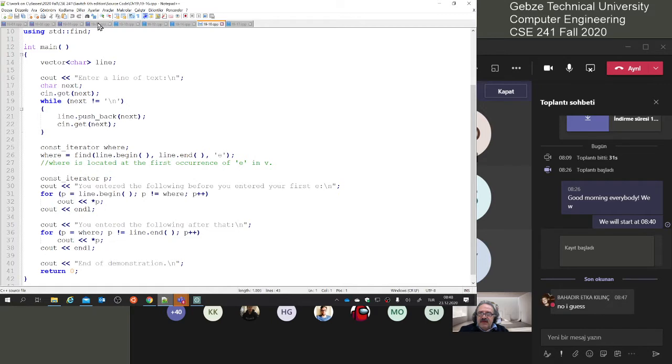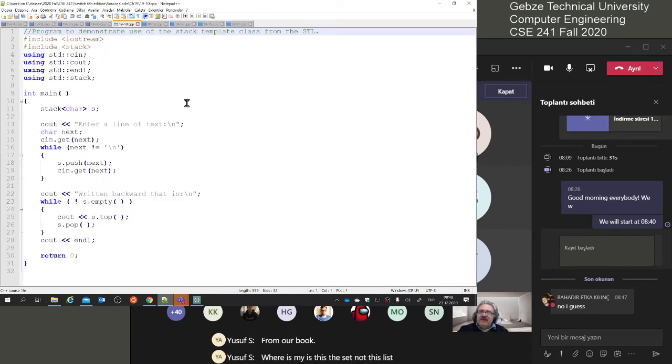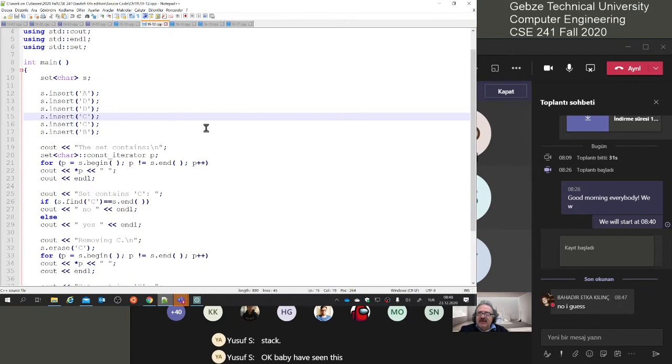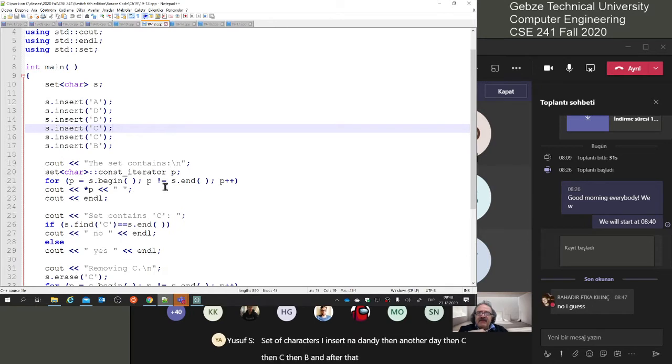Where is the set? No, this is list. Okay, this is a stack. We have seen this yesterday. Here is a set. Set of characters. I insert an A, then D, then another D, then C, then C, then B. And after that, when I run this code,